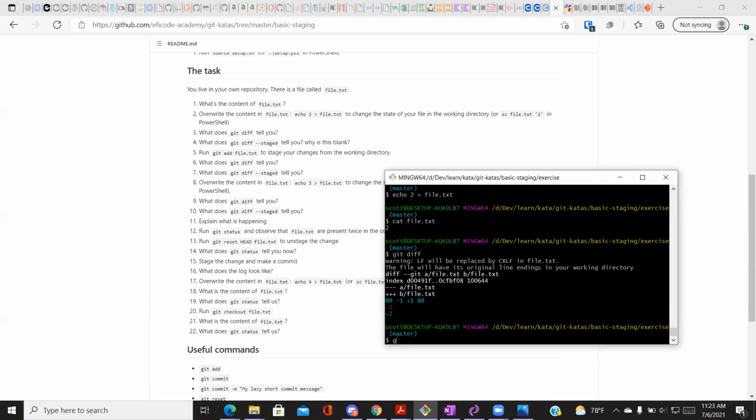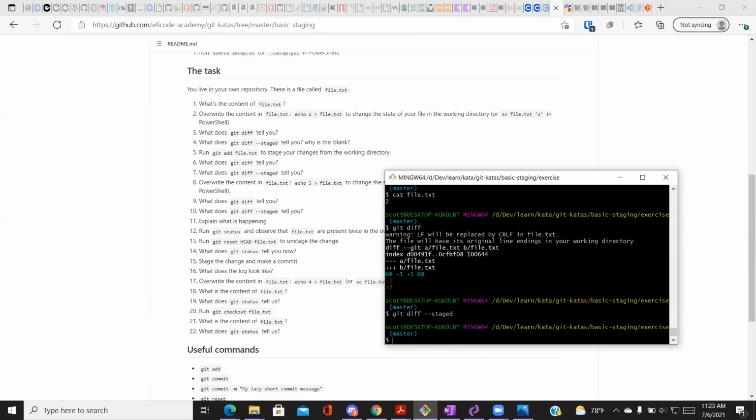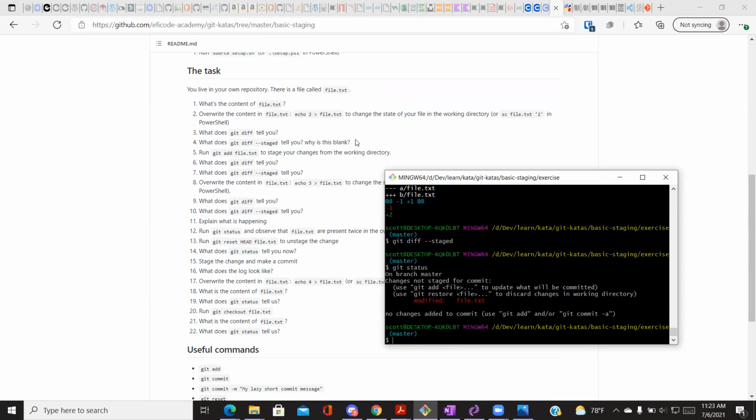Okay, so git diff --staged. Nothing. Tells you nothing. Why is this blank? Because we haven't staged the file. We do a git status, it tells us that we've got this file changed, but it's not staged. So run git add file.txt